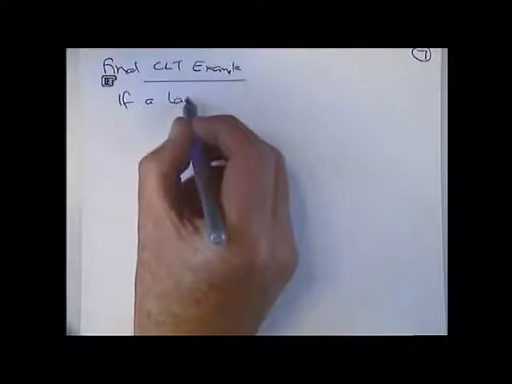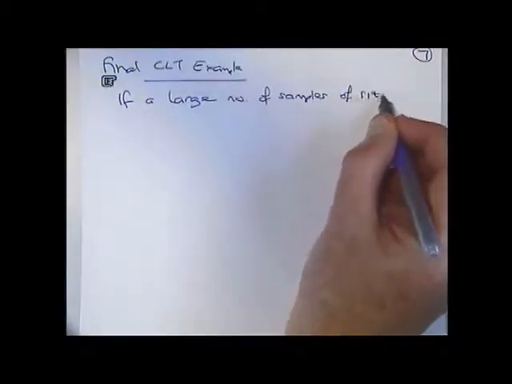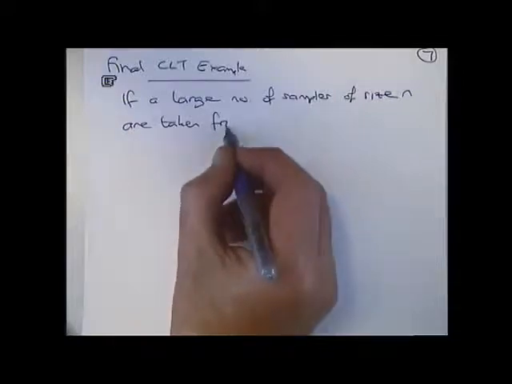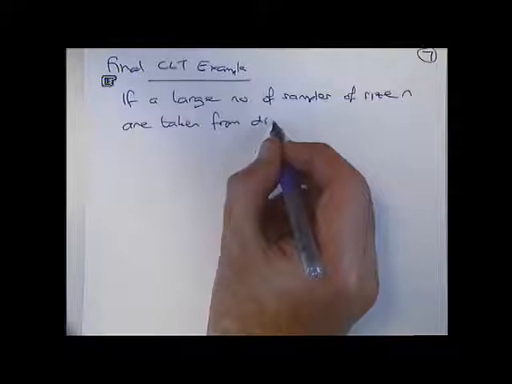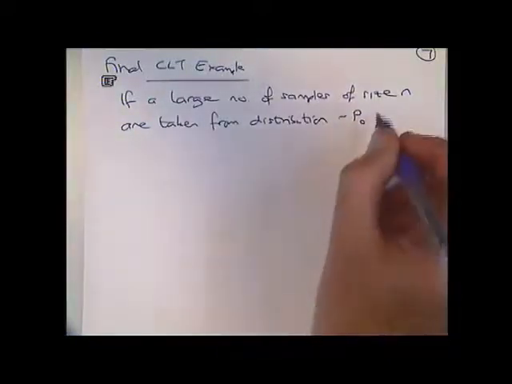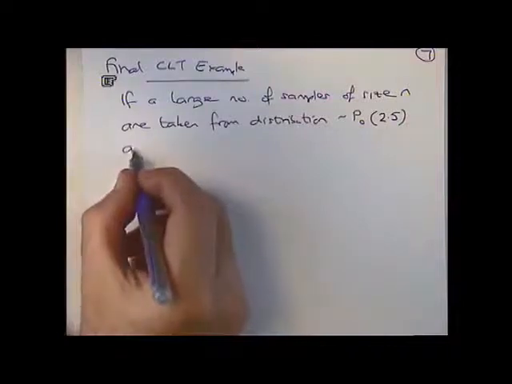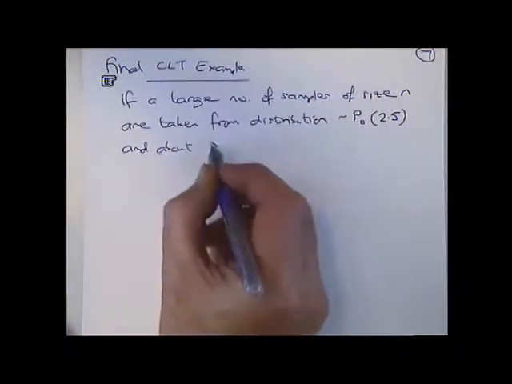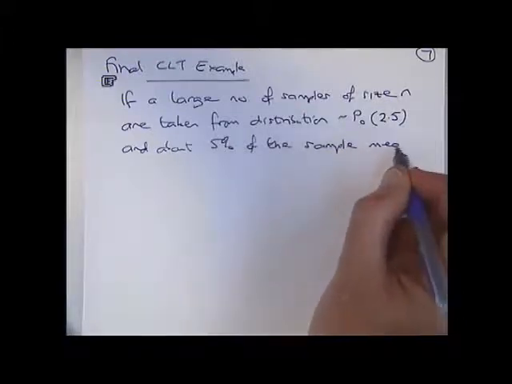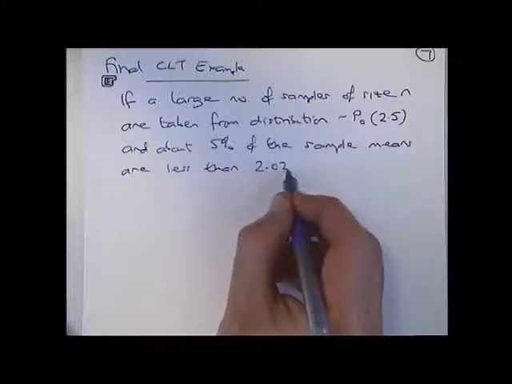If a large number of samples of size n, don't know what n is, are taken from a distribution that follows the Poisson distribution, 2.5, and about 5% of the sample means are less than 2.025,